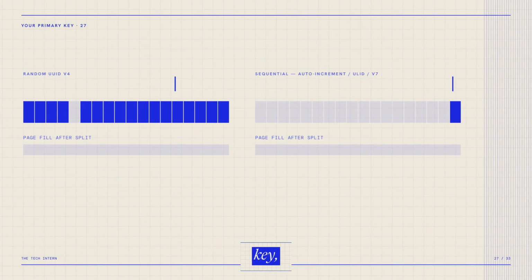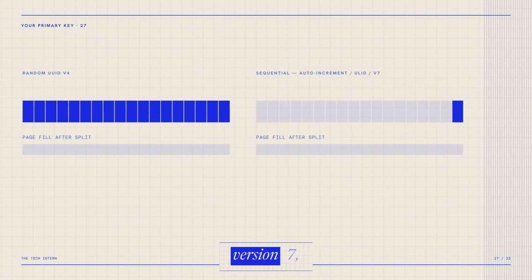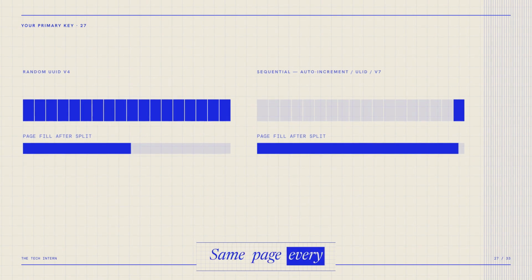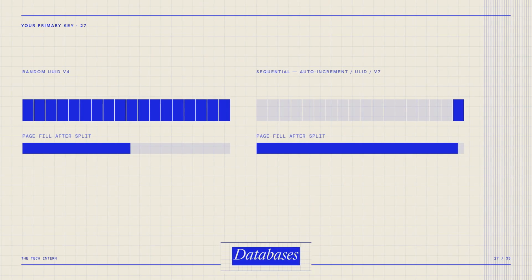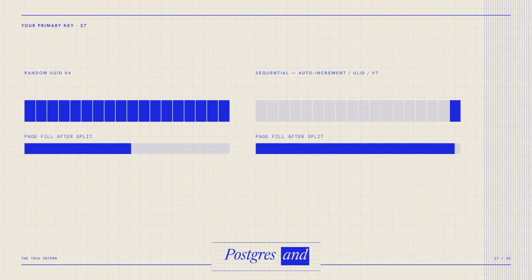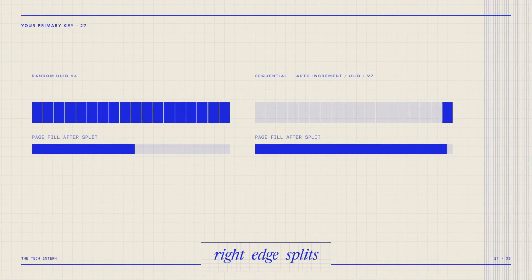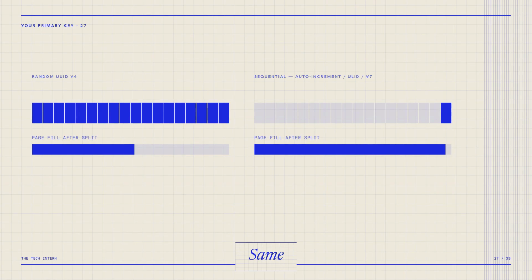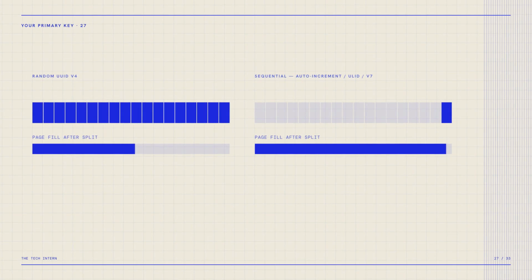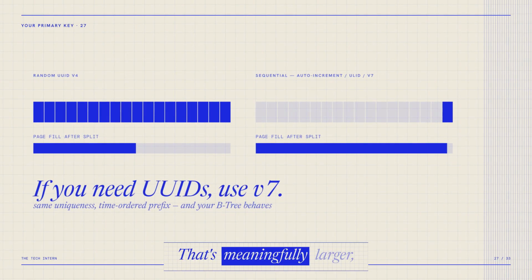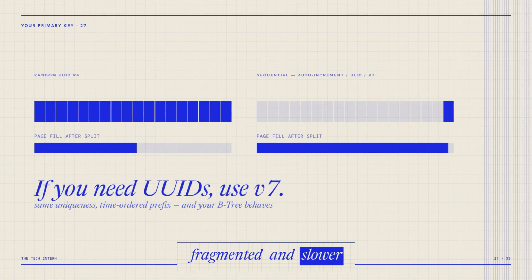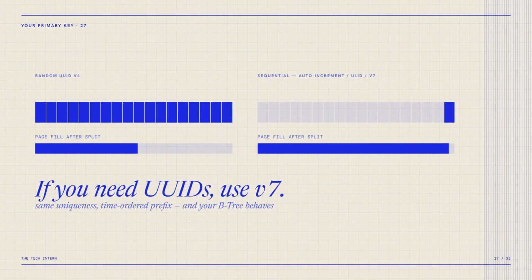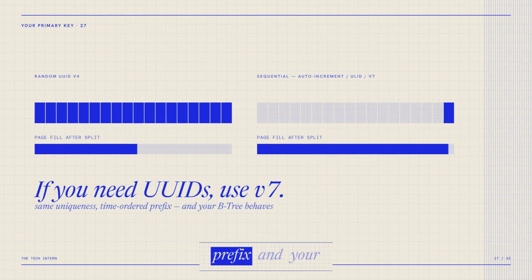With a sequential key, auto increment or UUID version 7, every insert goes to the rightmost leaf. Same page every time, permanently hot in memory. Databases even special case it. Postgres and InnoDB both optimize right edge splits to pack those pages nearly full, where random splits leave pages about half empty. Same schema, same row count. Random UUIDs give you an index that's meaningfully larger, more fragmented, and slower to write into. If you need UUIDs, use version 7. Same uniqueness properties, time ordered prefix, and your B-tree